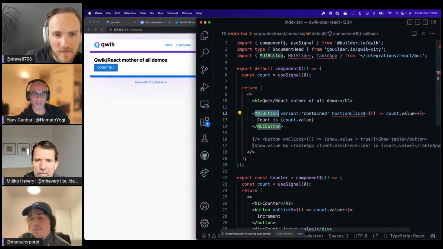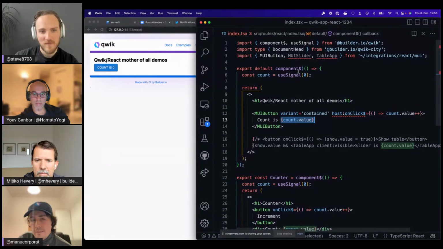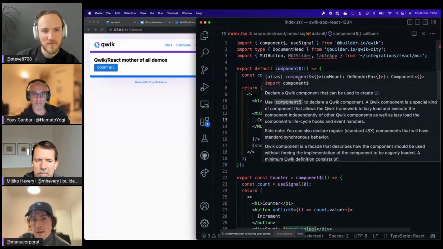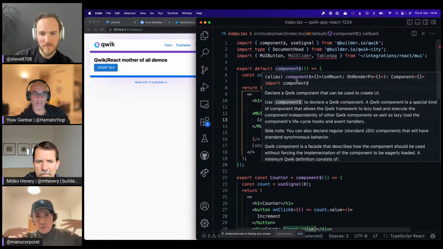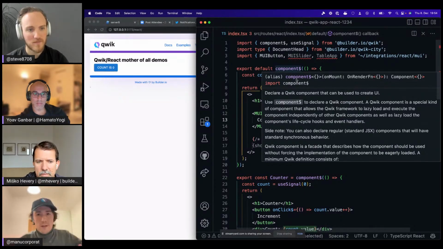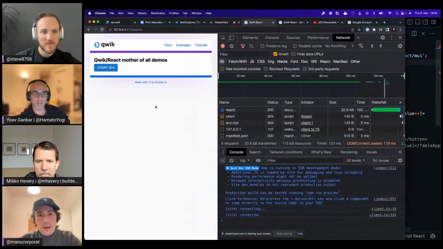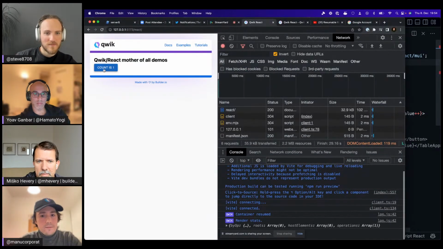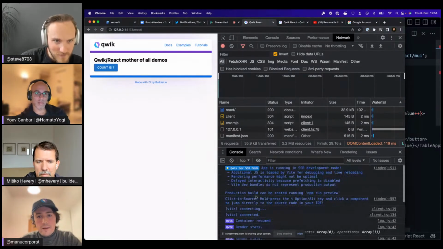It's a Material UI component, and I'm reacting to a click, and I want to be able to update its content with something dynamic. And in Astro, that will mean that in this case you have to download the component. You have to download React to be able to react to these things. But in this case, I can have interactivity without loading React.